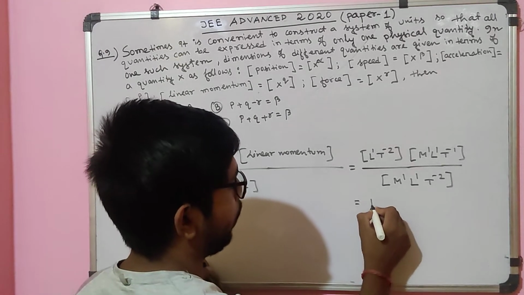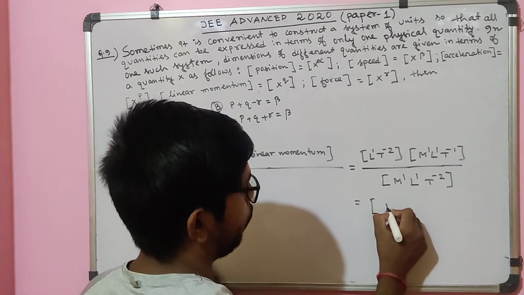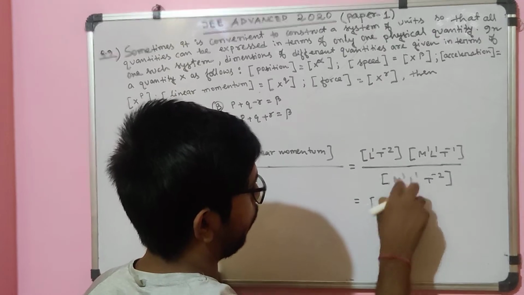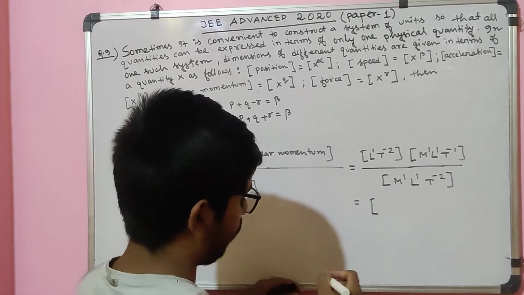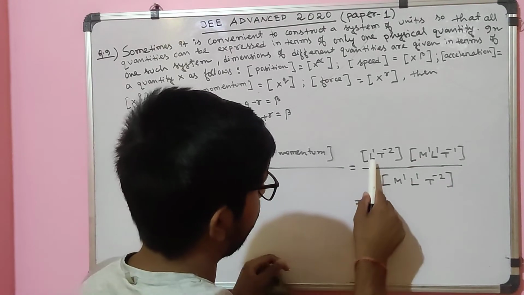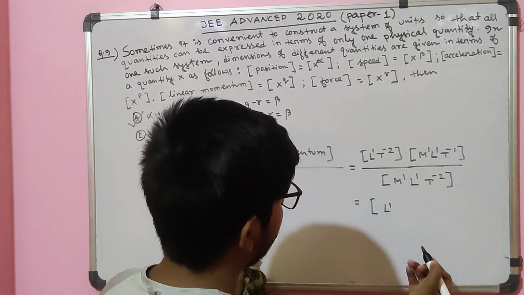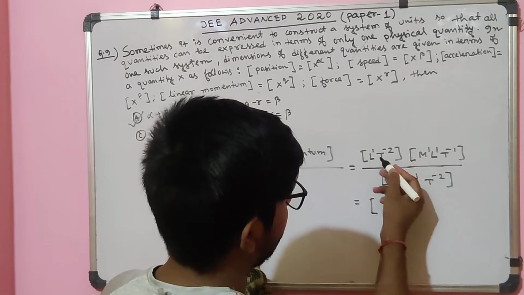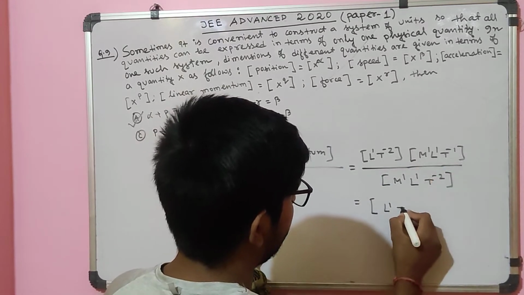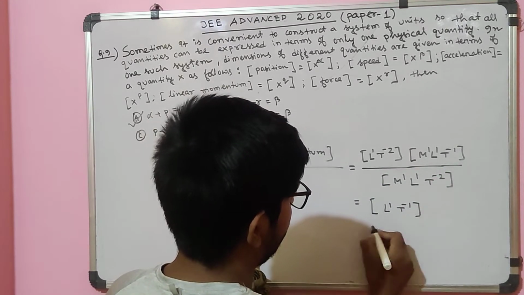Then what will be the dimension? M1 cancels, giving M0, there is only L1, and for t it is t minus 2 plus minus 1 minus minus 2, which gives t minus 1. So this is nothing but